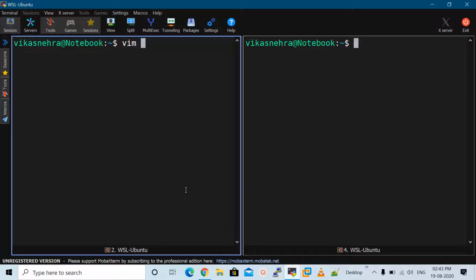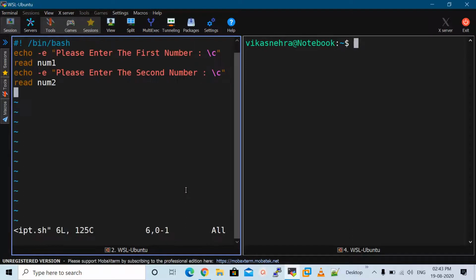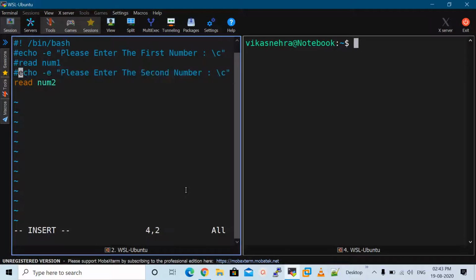So I'm going to open the script file in the vi editor and comment these lines. To use bc, we will use the pipe symbol. Let me show you one basic operation: how can we perform addition? This time I am mentioning the values directly.